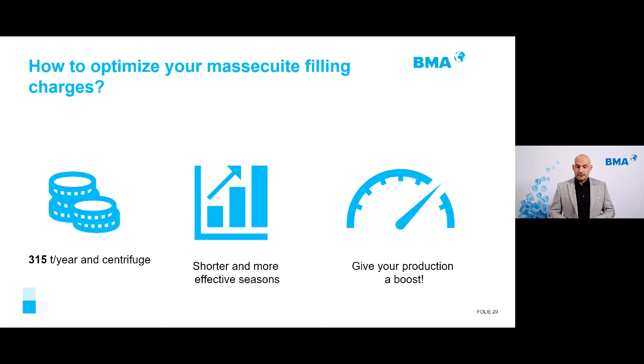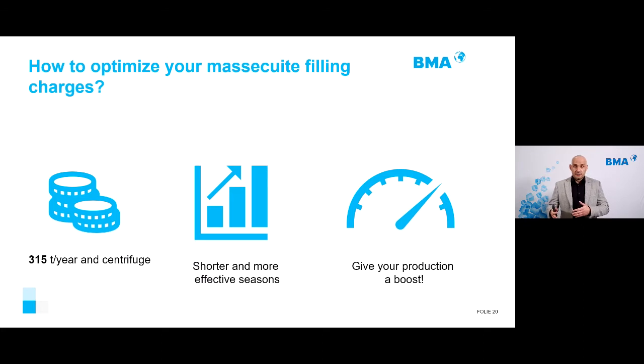And the answer for this question is pretty simple. Given the trust and the BMA technology, we have the answer for this problem. And if you do it this way, you can save, as we learned, more than 300 tons per year in a centrifuge if you are right now adding 1 second more. So it's really expensive not to use this technology in your centrifugals.